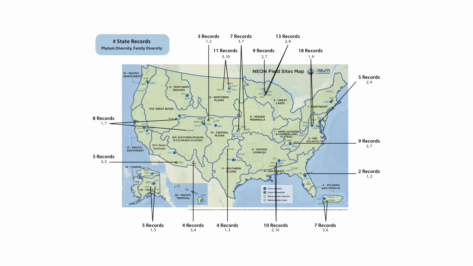And so for each of these records that he's showing, if you look at the very top, he's saying that for CPER, which is the grassland in northeastern Colorado, Central Plains Ecological Research, something like that, there was a phylum found there that was not recorded for the state. Remember that we're looking at all of the phyla, not just the 3 focal ones that we were talking about before, and that in this grassland, they found 2 families that had not been known from the state of Colorado.